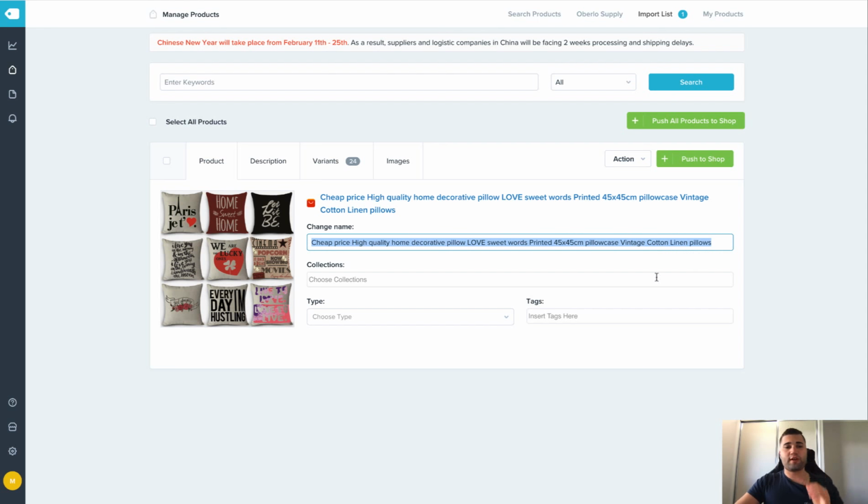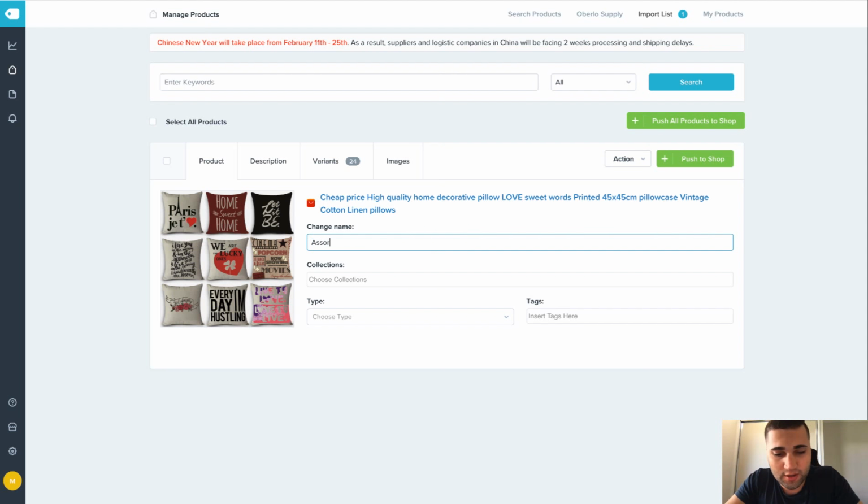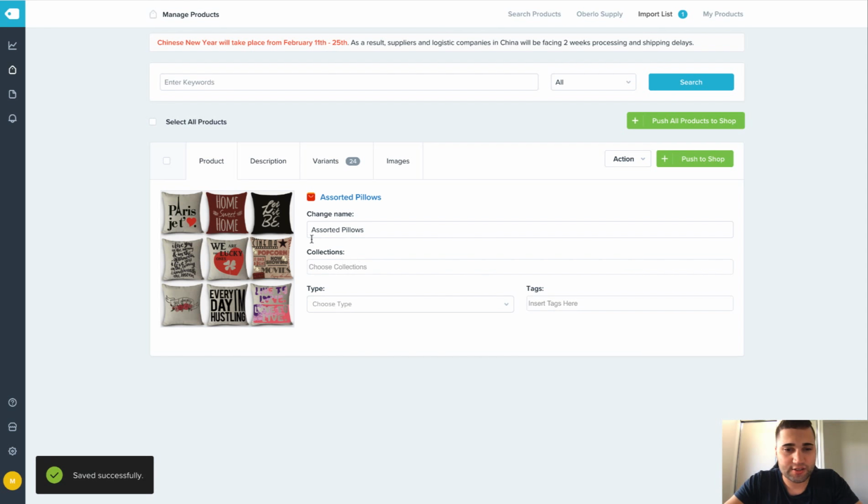So the product you don't want to leave as cheap price, high quality home decorative pillow. So you want something in your store that you can have a nice, simple, clean name for. So what we're going to do is call this assorted pillows. Now we haven't created a collection yet, so what we're going to do is actually